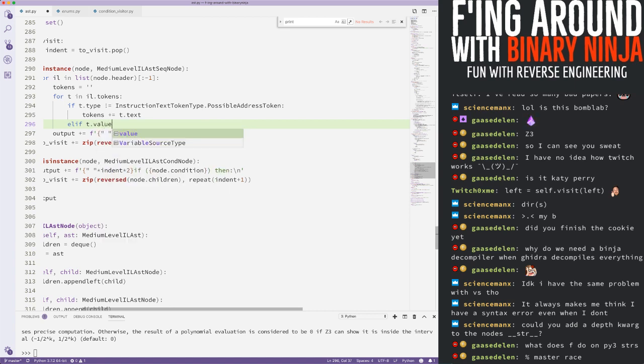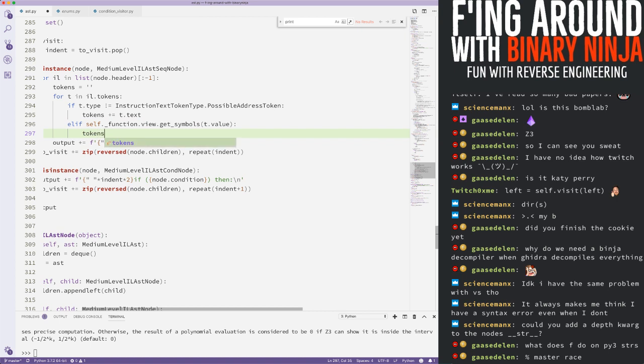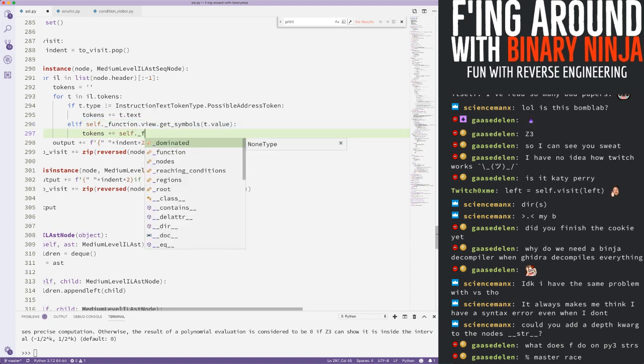No, t.value. If self.function.view.get symbols t.value, tokens plus equal, so